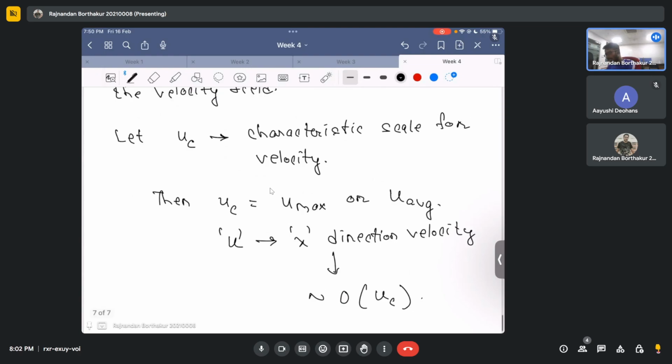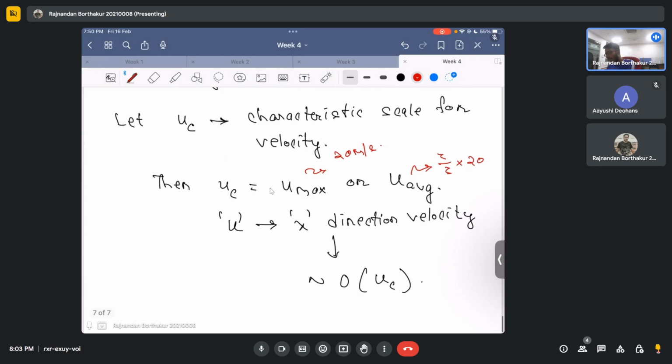So let's say for this problem, U max is 20 meters per second. And so U average becomes 2/3 of U max, so it is just 2/3 of 20. This means that if I now choose the velocity scale, my characteristic velocity,